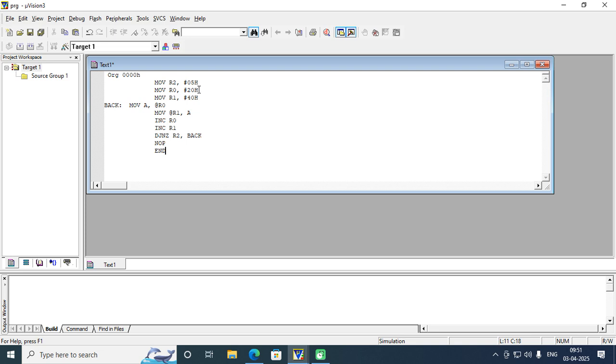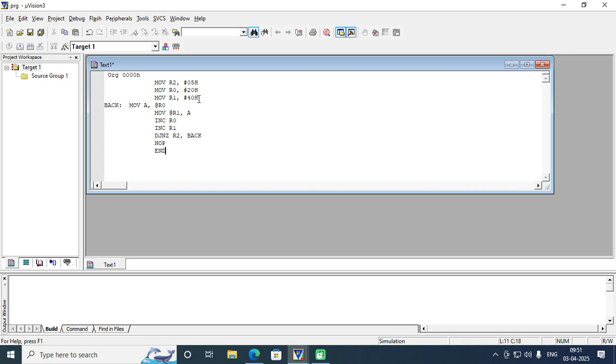I need to move this data to the memory location with the starting address 40H. So it should move an array of 5 data bytes from 20H, 21, 22, 23, 24 to 40, 41, 42, 43, 44.